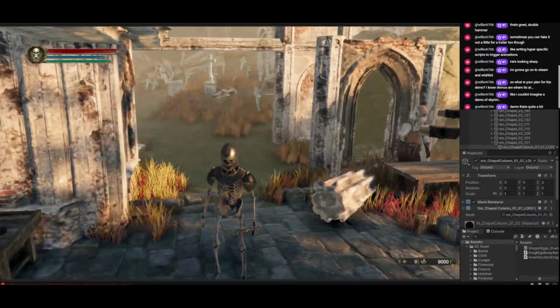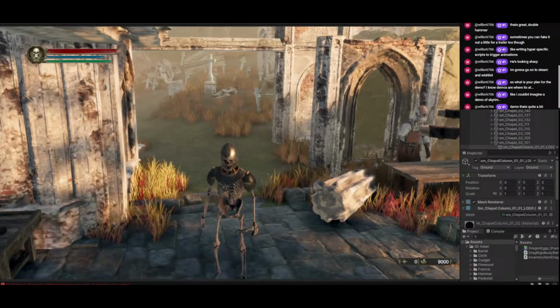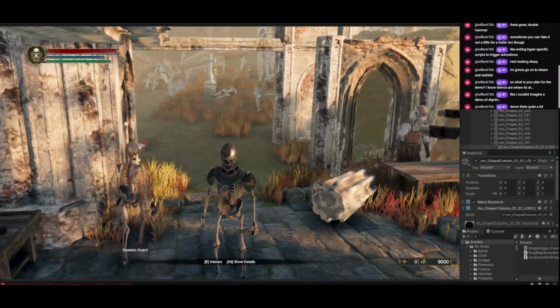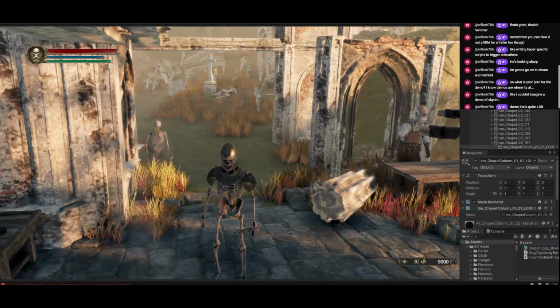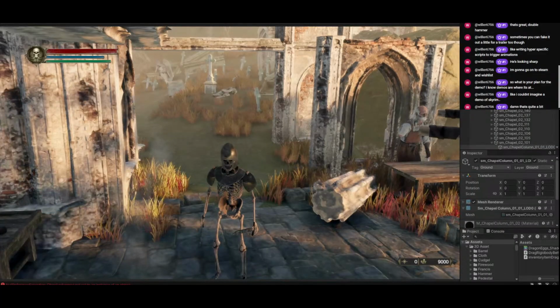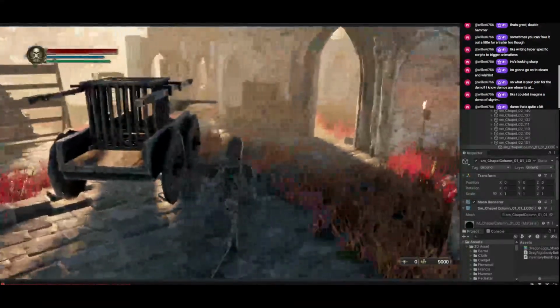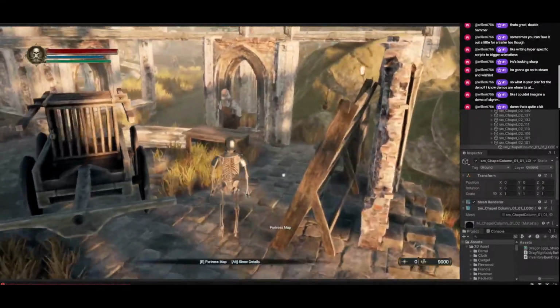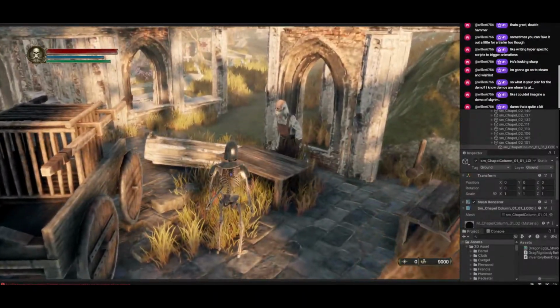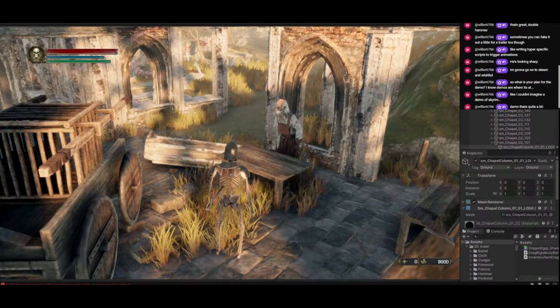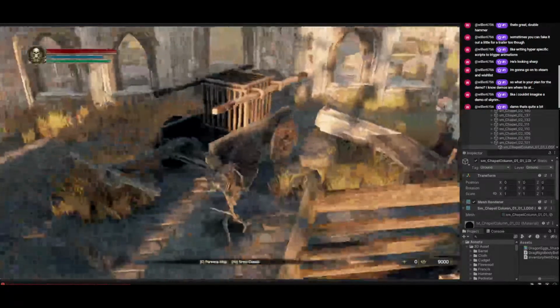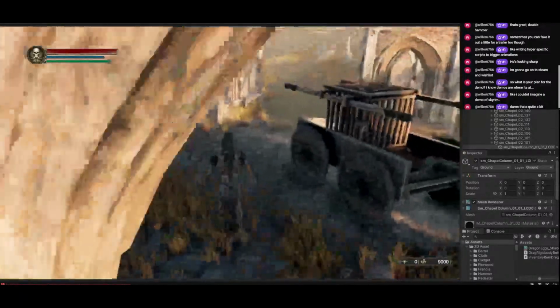Because there will be settlement mechanics, there will be quests as well. There will be 2 levels, huge levels that they can explore. So it's around 10 hours, roughly, because you need to conquer a settlement. First you need to manage a small settlement, and then you will conquer the next one, and that's the end. After that one, that will be the end of the demo, and that will be the official demo